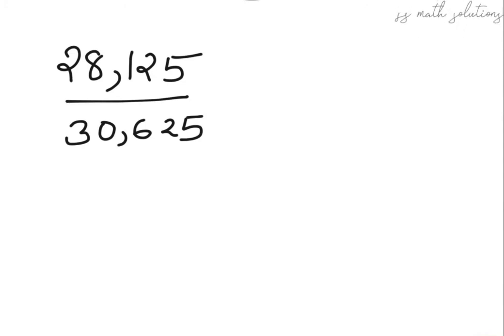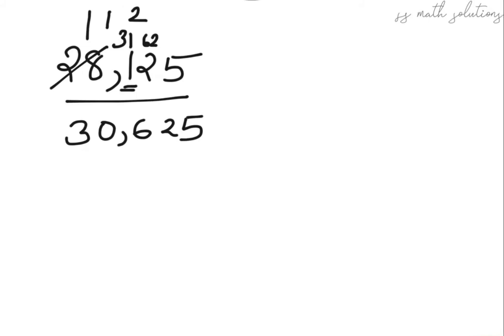So in this 28, how many 25s are included? Only 1, 25. So it's very easy, 1, 25. Now remainder 3 is there, that 3 will be included with this 1, so the number is 31, again 1, 25 only, right? Now 25 from 31, remainder 6 is there, so that 6 will be included with this 2, so the number is 62. So in 62, how many 25s? 25 into 2 is 50 only. So 2 will come here, 50. 62 minus 50 is 12.